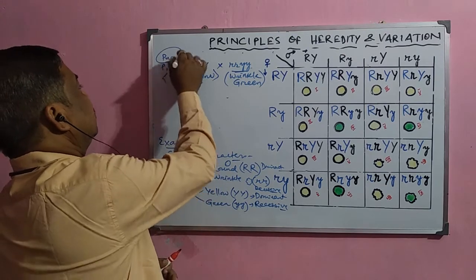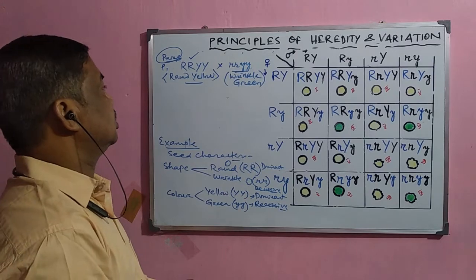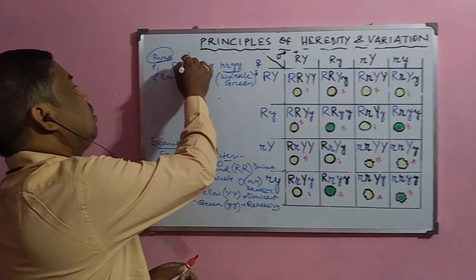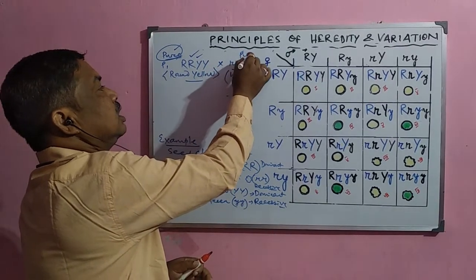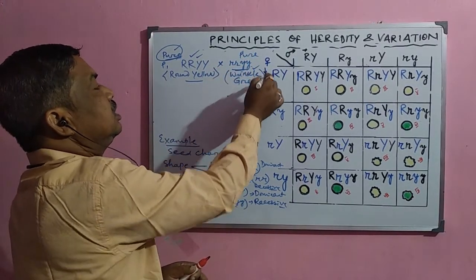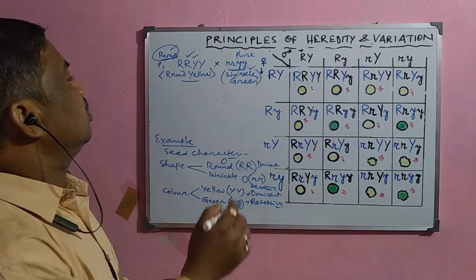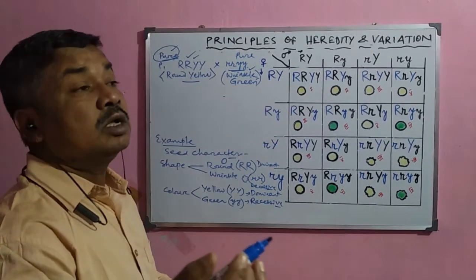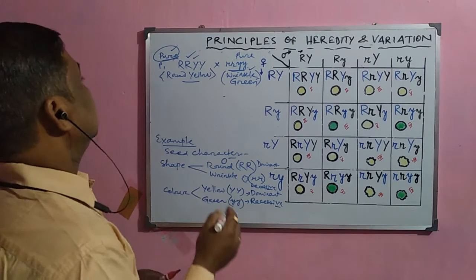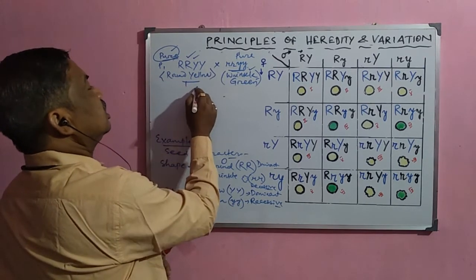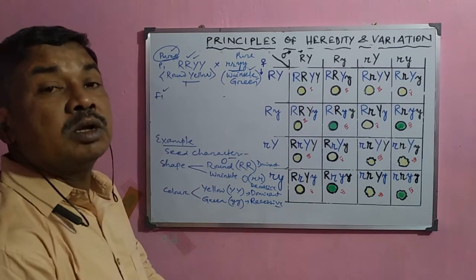He made them pure by self-crossing them. When they were self-crossed for 2, 3, 4 generations and he found all are round yellow, then it is the pure variety. Also the other pure variety is wrinkled green. When the wrinkled green plants were self-crossed and he found wrinkled green generation after generation, with no other variety, then it is the pure variety. After that, he crossed them, and the result of the F1 generation was observed.